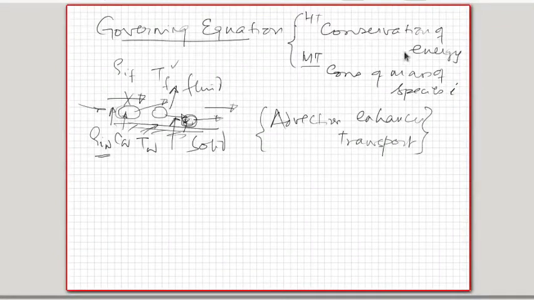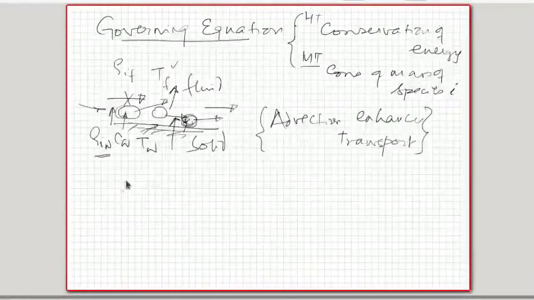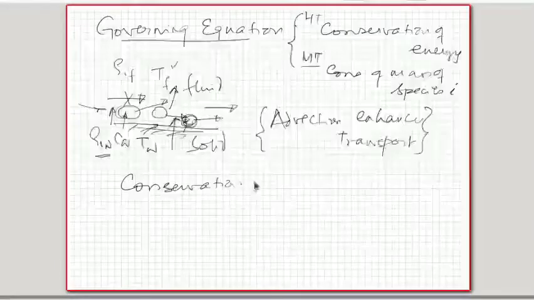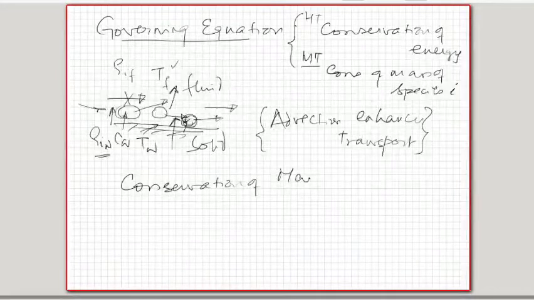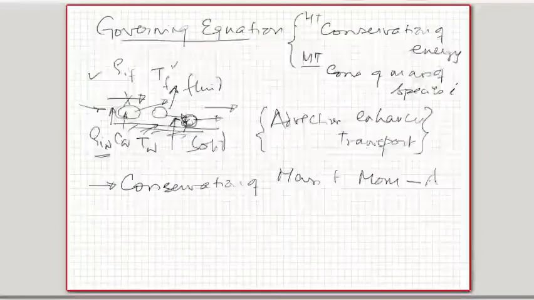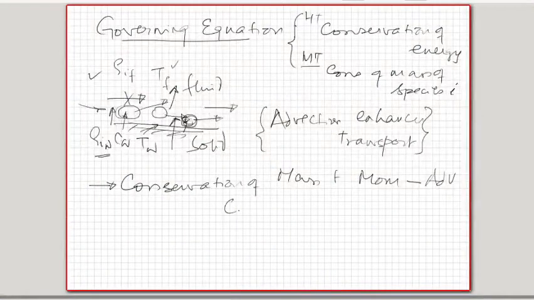So in addition to the conservation of energy or conservation of species of mass, we also need to solve for conservation of mass and conservation of momentum, because the fluid motion that is in this region is governed by conservation of mass and momentum of the fluid in general. So this governs advection, and conservation of energy or species